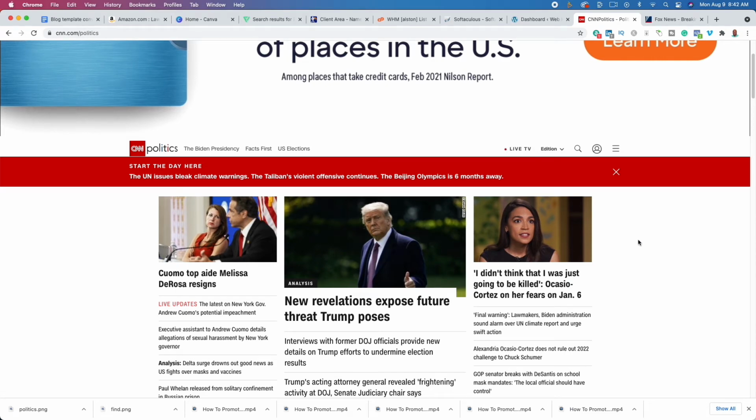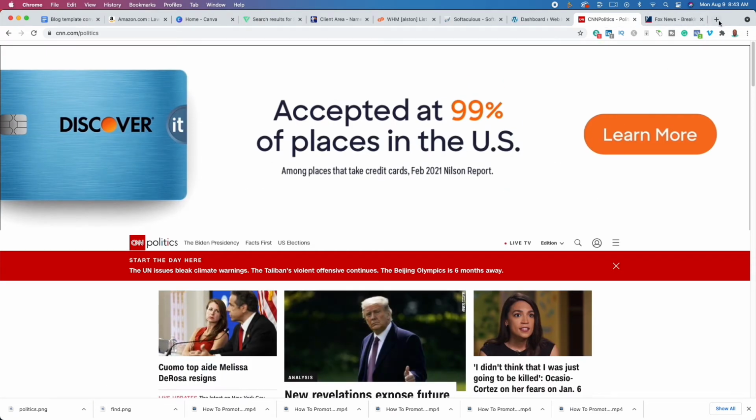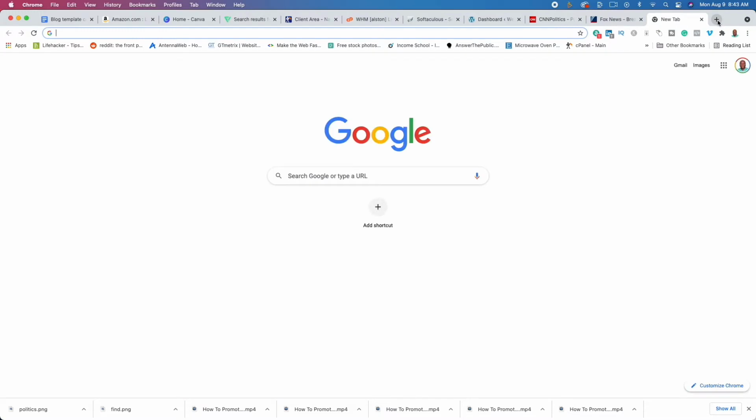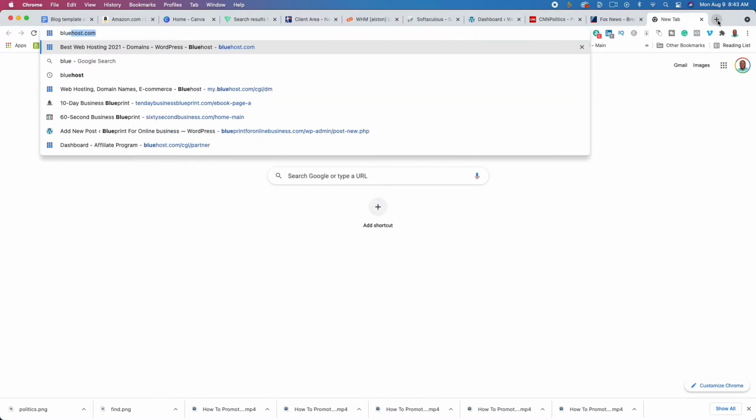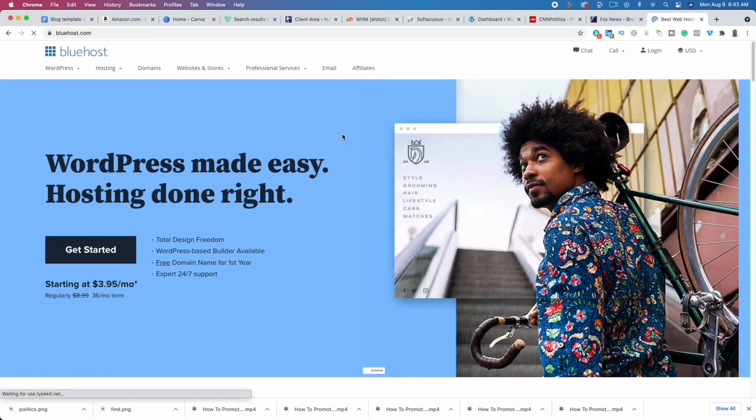The reason why you want to start a WordPress website is it's going to allow you to create content faster. Because you are in a political blog and the political landscape changes frequently, you are going to want to create a lot of content. And in my opinion, the best way to do it is to use something like Bluehost. Now, Bluehost will allow you to create web hosting, and then you're going to put your WordPress website on top